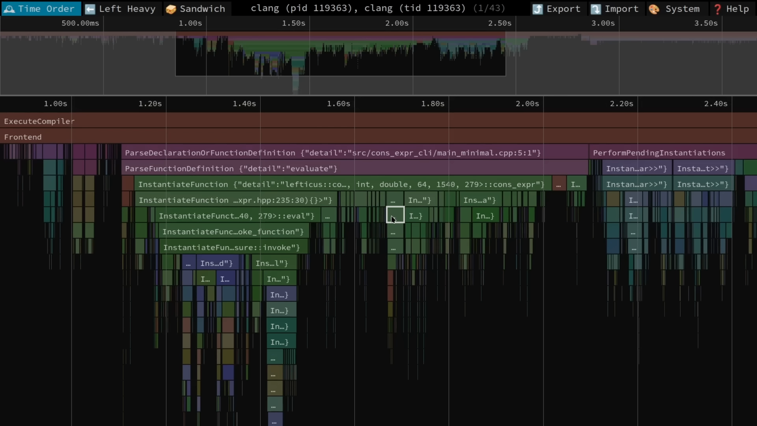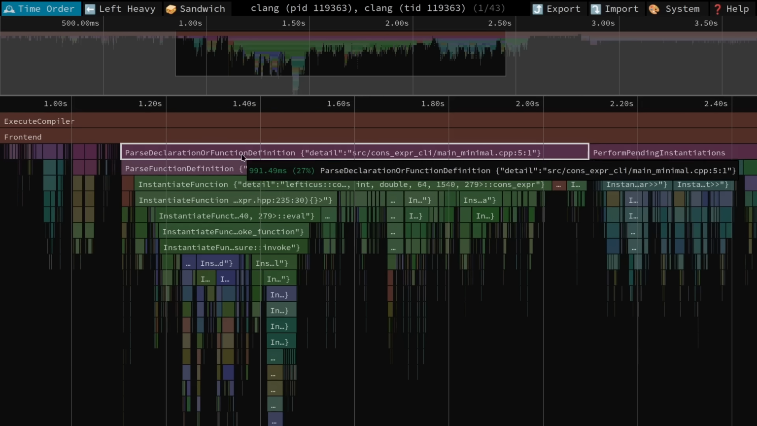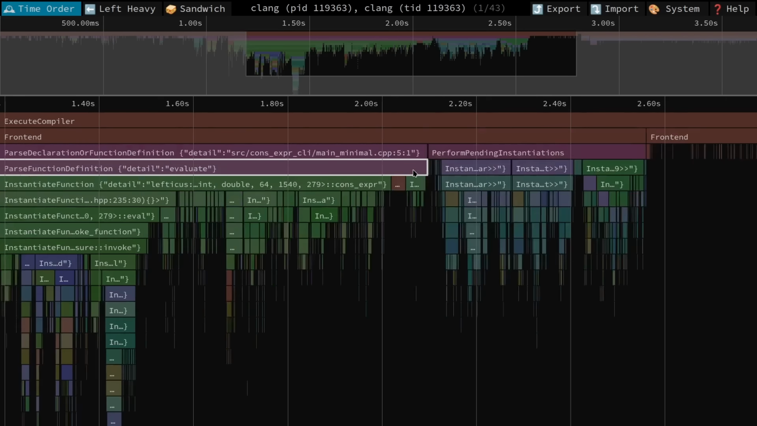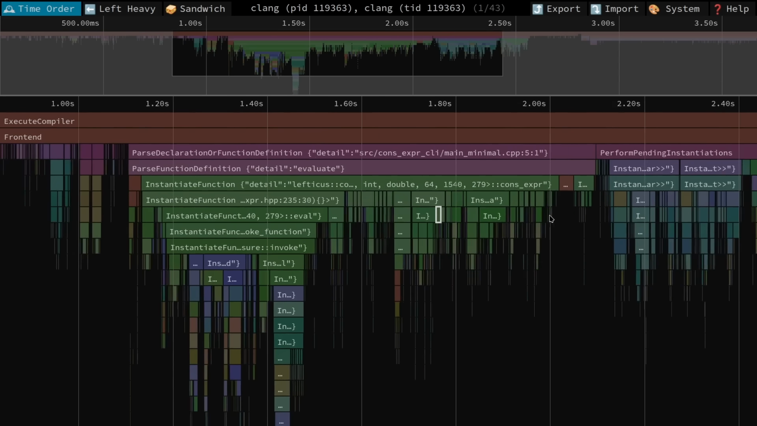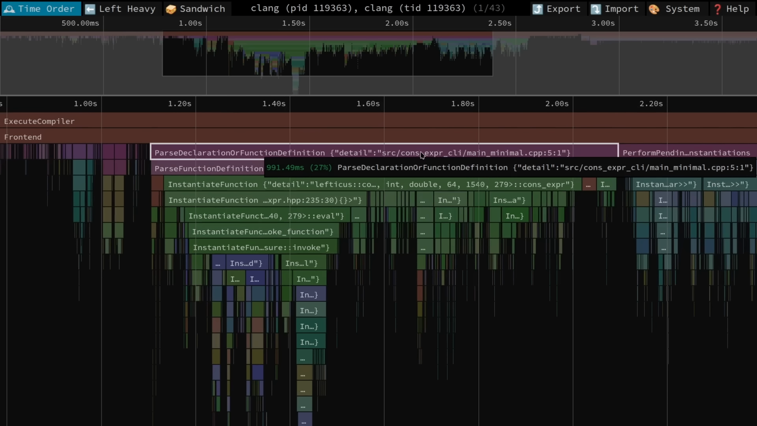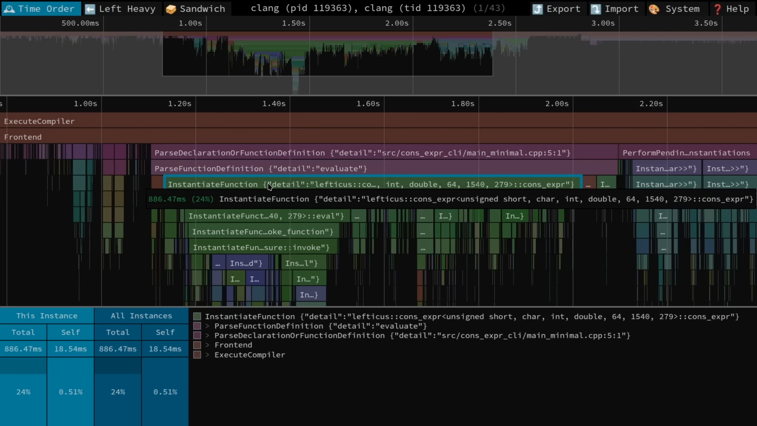This is the exact same information that we would have seen if we had been using the one built into Chromium. But we can see where the time is spent. Parse, declaration, or function definition. So all the compile time seems to have been spent here. Let's see, instantiate function of,